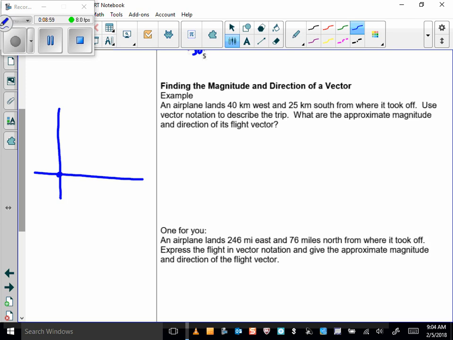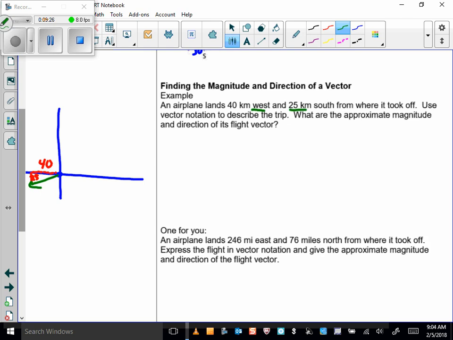That'll be our origin, and it lands 40 kilometers west. So I'm going to come this direction, 40, right? 40 kilometers west and 25 kilometers south. Okay, that's 25. Can't really see that too well. And so this is going to be our vector right there. 40 kilometers west,